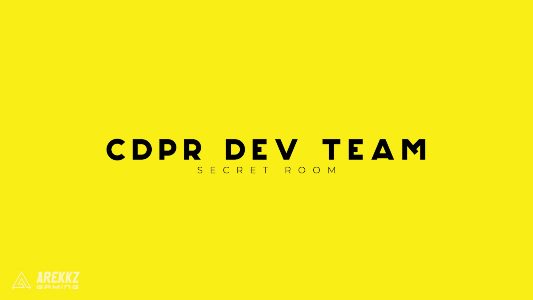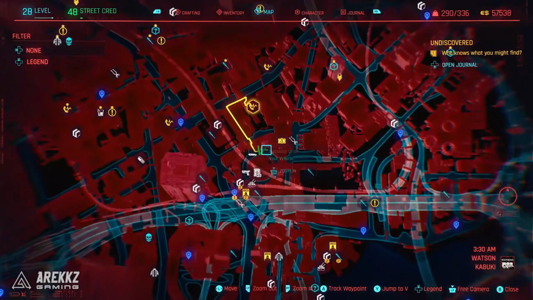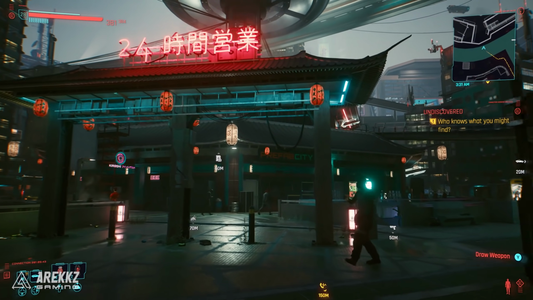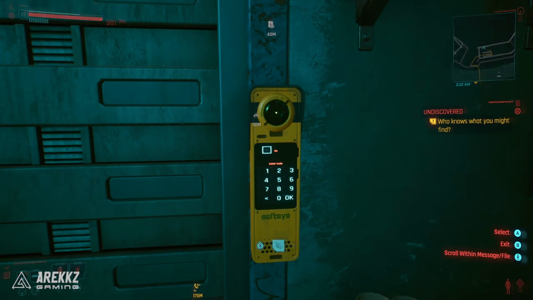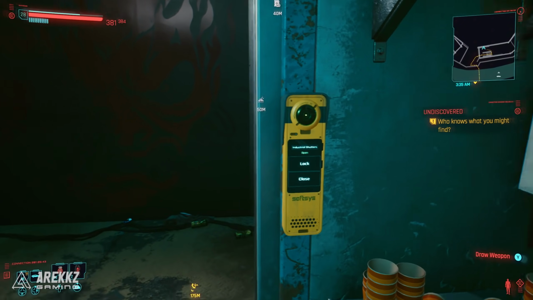And then finally, for the very last one, we're actually going back to Watson to the Kabuki Roundabout again. This is actually a CD Projekt Red development team Easter egg. If you go to the roundabout and you look to where I am right now, this is sort of the northwest part of the roundabout, if you go down the stairs and down to the corner, there will be a closed shutter, and there's actually a keypad on the side. There is a code that you get if you actually have the game, the physical copy, and the code is 605185. If you type this in, it'll open the shutter, you can go inside, and you can then sit on